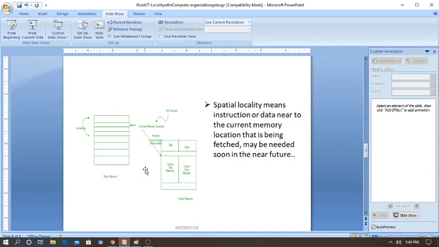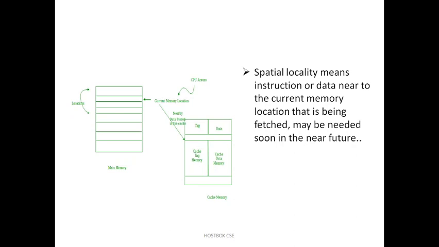Back to the PPT. I hope you understand what locality of reference is, what the types of locality of reference are, and why we always need cache memory in computer architecture and organization, how it helps to improve performance and the speed of the computer, and also the role of temporal locality and spatial locality.